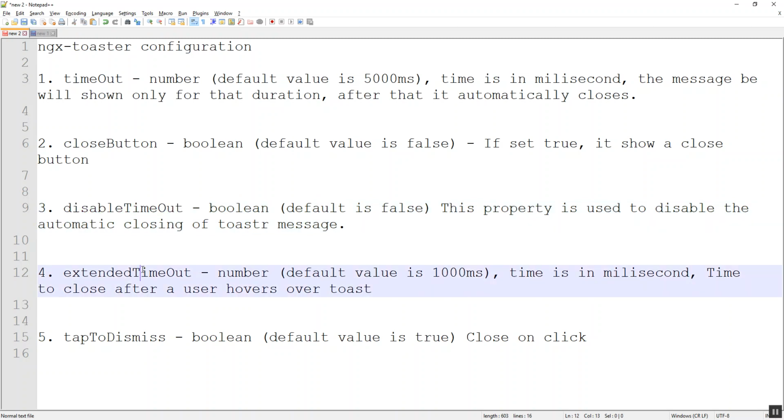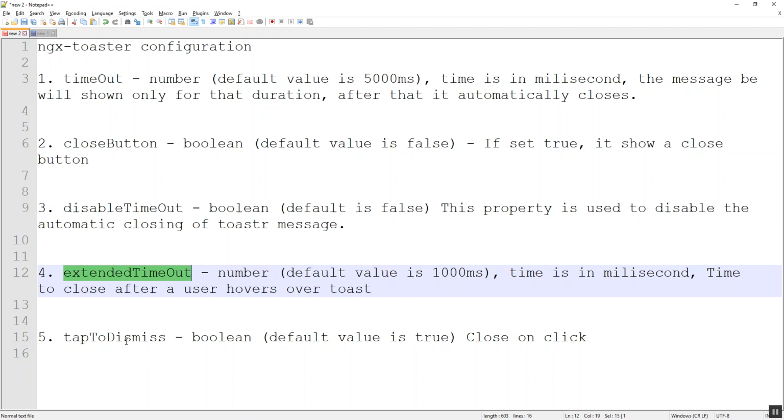Now, the extended timeout property. Once the user hovers, after 1 second it gets closed because the default value of extended timeout is 1 second. If we give 2 seconds, then once the user hovers, the toaster message gets closed after 2 seconds.